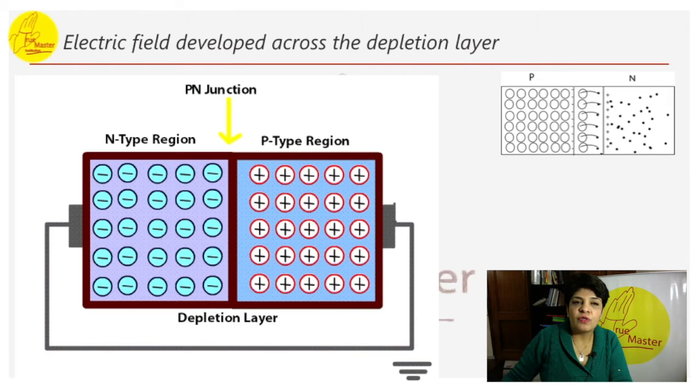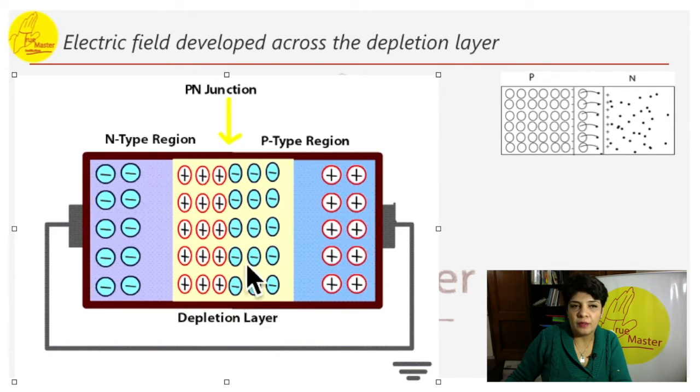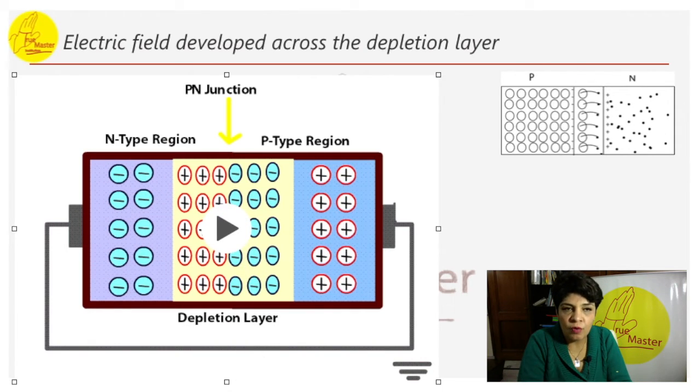Let me play this animation for you to see this part. Here they start to diffuse. This is the depletion layer being formed. Once this depletion layer is formed, as holes diffuse from P to N, they leave behind a negative acceptor ion, which sets up a layer of negative charge. Similarly, a layer of positive charge is formed on the N side of the junction. So here the positive layer will be formed, and here the negative layer will be formed.